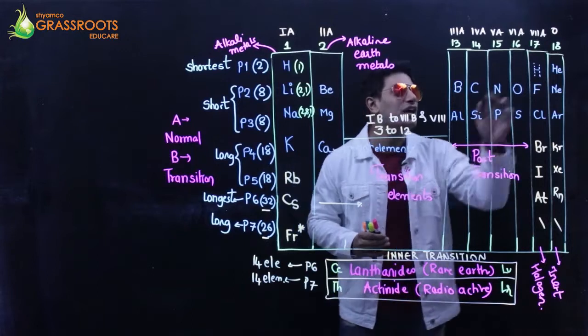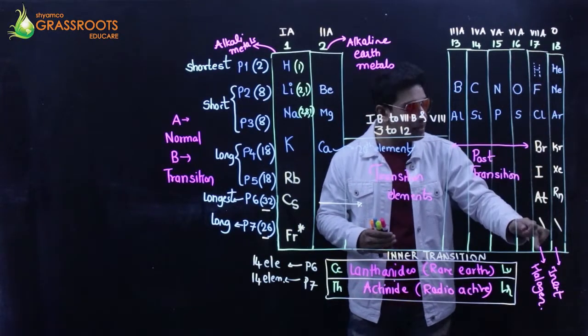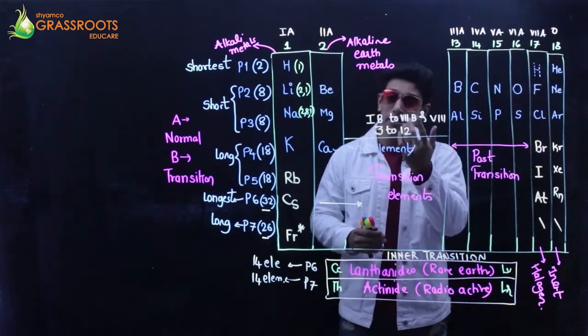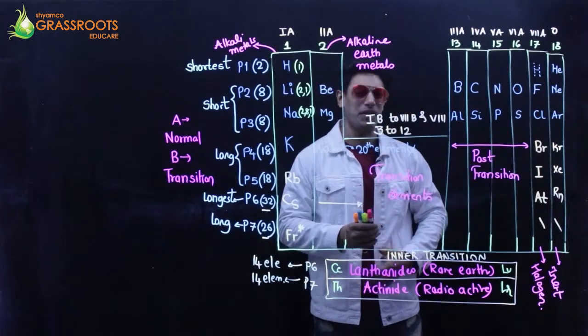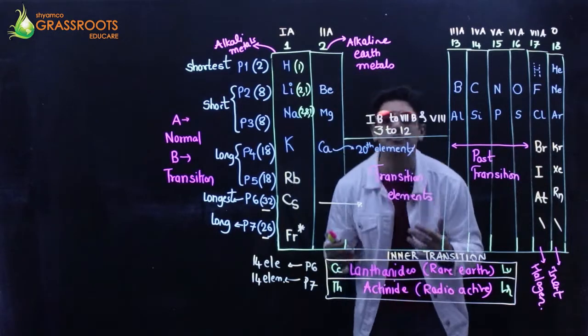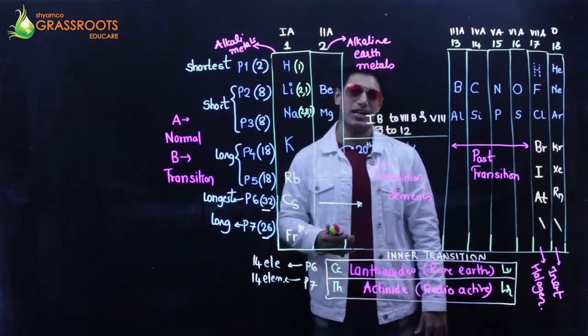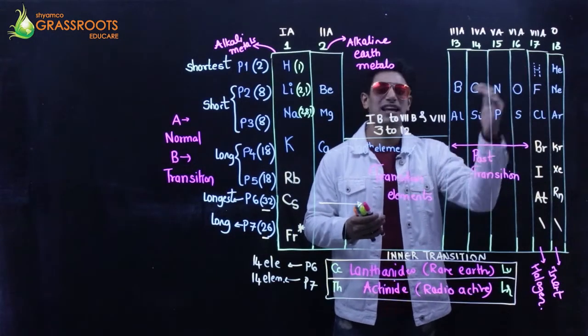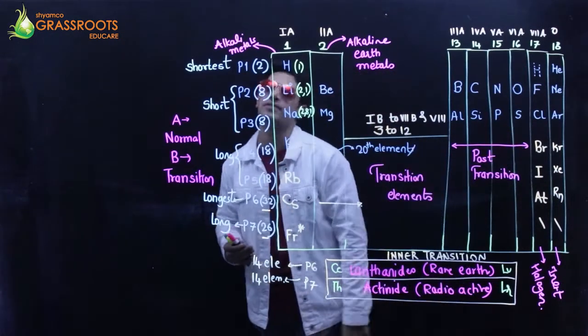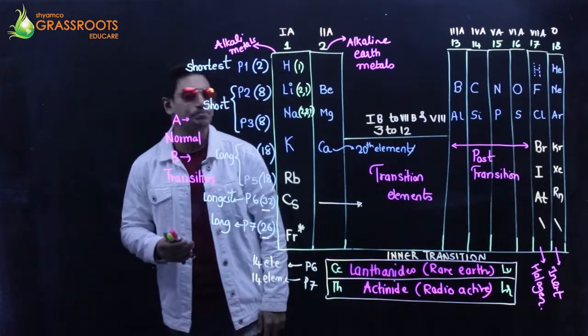If I talk about halogens, the 17th group, they are electronegative because they take away the electron, right? They take away an electron and they become negative. They get reduced. They are oxidizing agents. And the valency is 1 minus. You can say that is the oxidation number, 1 minus for the halogens.